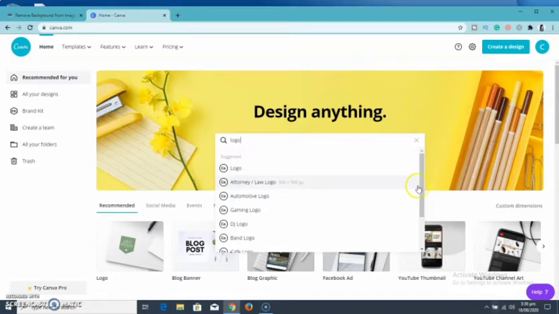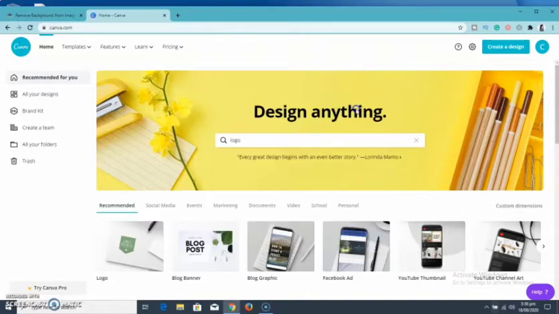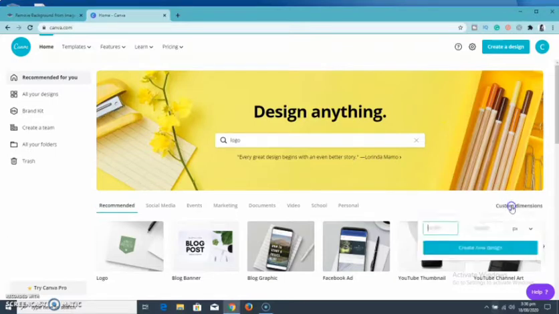I would like to tell you as well that this logo will be 500 by 500 pixels, which can be used for social media and the rest. But if you want something larger, you can come here and click custom templates. It's going to ask you to write in the size you want. Maybe I'm creating a logo for a website, I can use something larger, like 3000 by 3000 pixels,